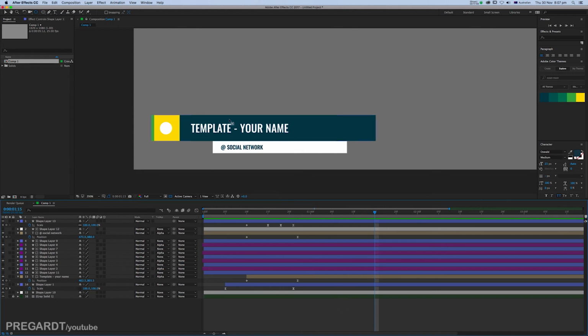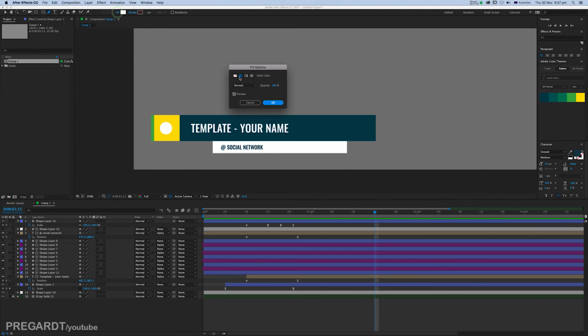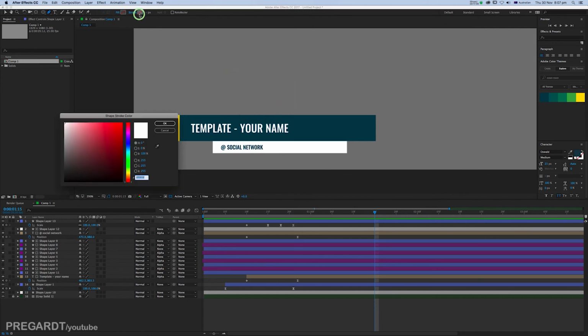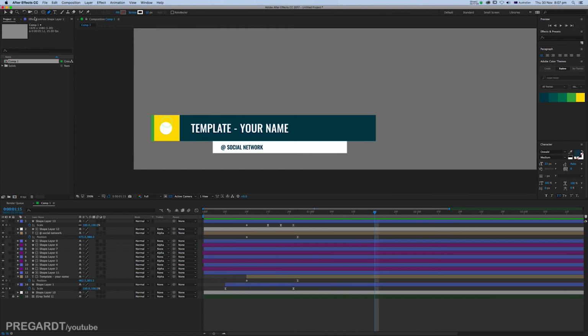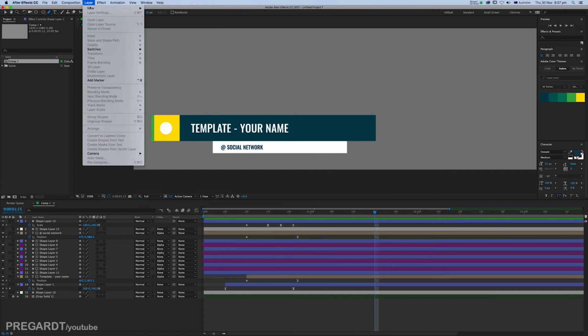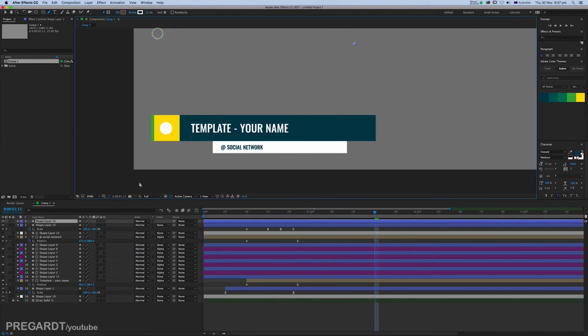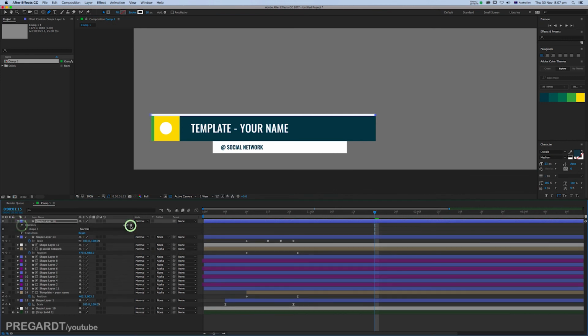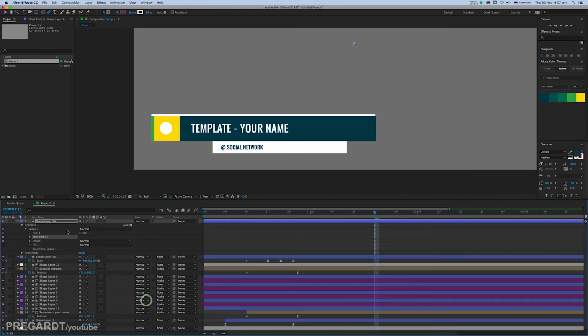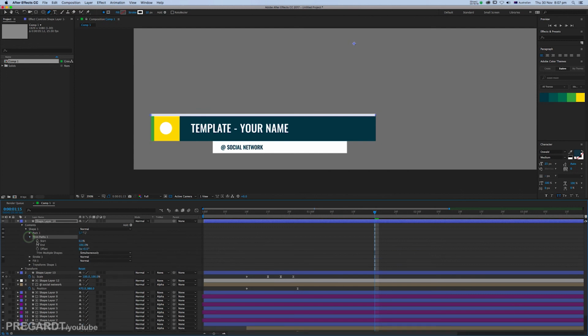You don't need to do this, but I like to do a nice animation. I'm going to draw a white line. So go layer new, and we're going to create an additional shape layer. Make sure it's above everything and draw a white line. It's looking good. And go inside, and we're going to add a trim path, and we're going to animate the